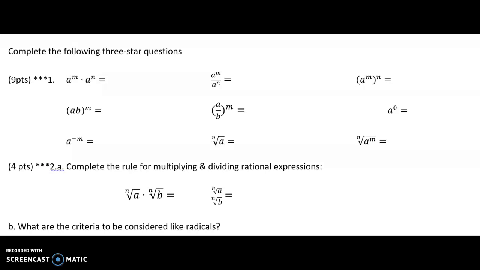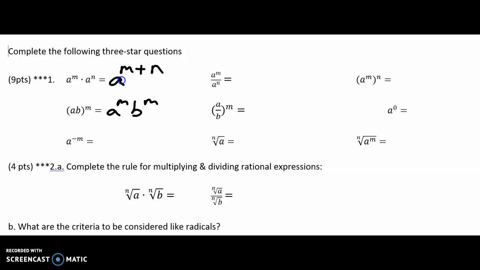Alright, this first one, we have a to the m times a to the n. Basically what it's saying is if you have 2 variables and you're multiplying them and you have exponents, you're going to add the exponents. Okay. Next one down, I have a variable times a variable, so a times b, and I'm raising it to an exponent. When it's on the outside of parentheses, the exponent is brought in to everybody inside